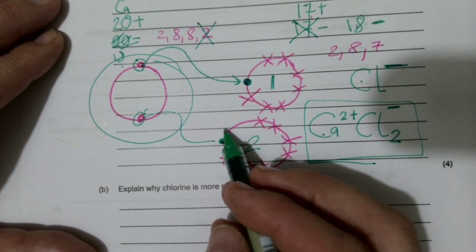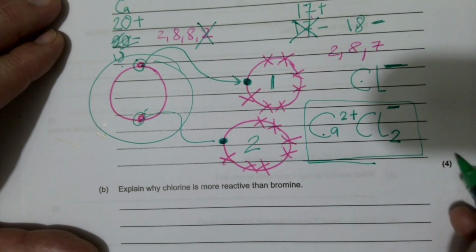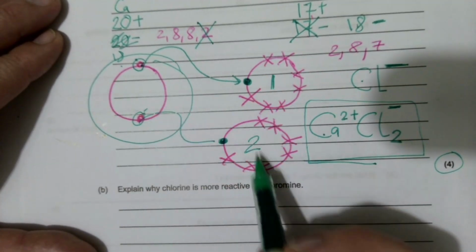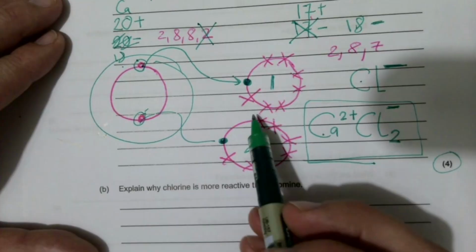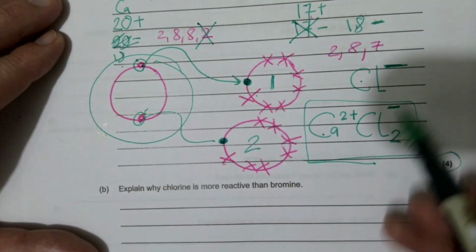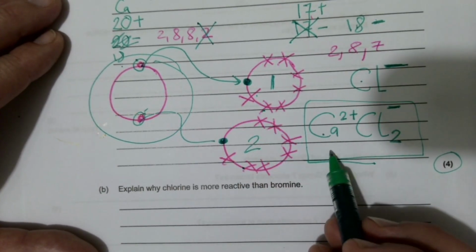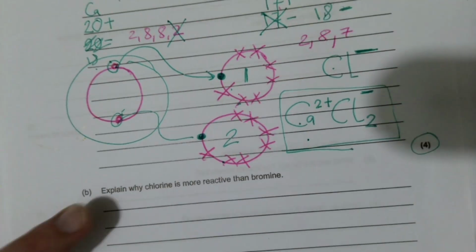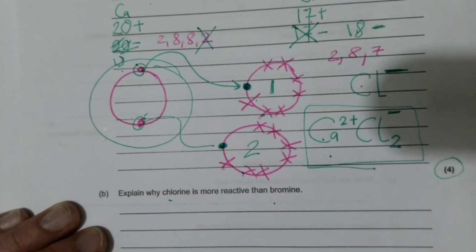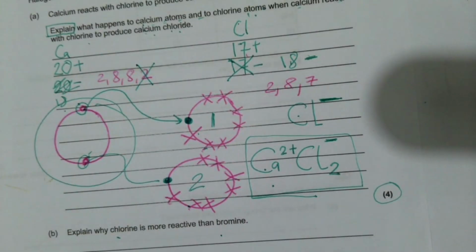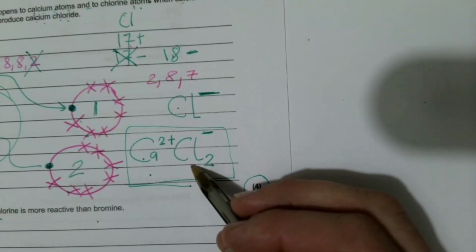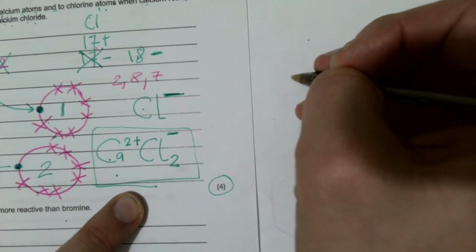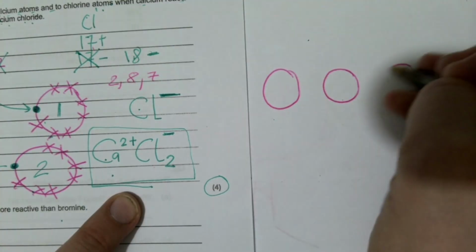Now what that creates, so with 4 marks here, 2 electrons to 2 atoms of chlorine. But what happens when they become charged is these atoms are now ions, hence ionic bonding. And before we look at B, which is why is chlorine more reactive than bromine, I'm just going to sidestep. So once we've now made your calcium chloride, you remember you need to know